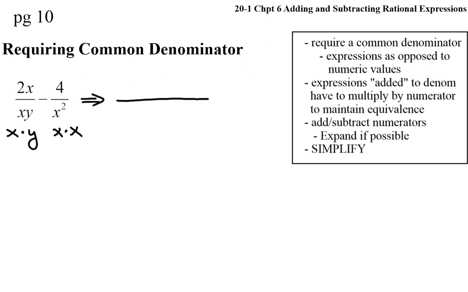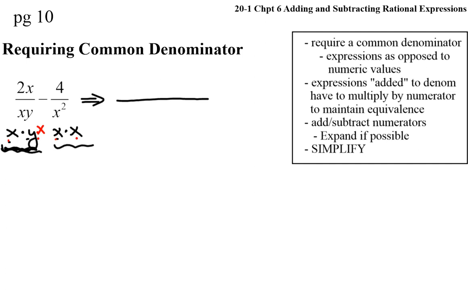Our denominator has to have all the parts the same. So this denominator has an x and a y. This denominator has an x and an x. We need both denominators to have the exact same stuff. Well, what's this first denominator missing? It has the x, but it doesn't have the second x. So we need to multiply by an extra x, because that will then give me 2 x's